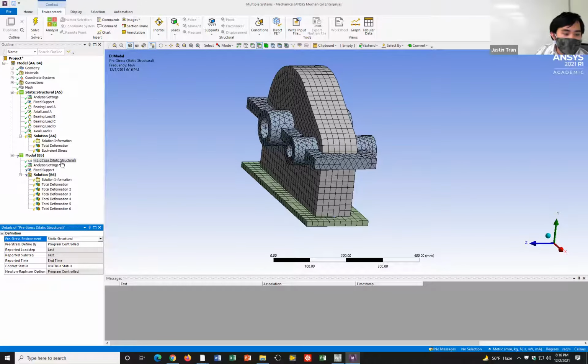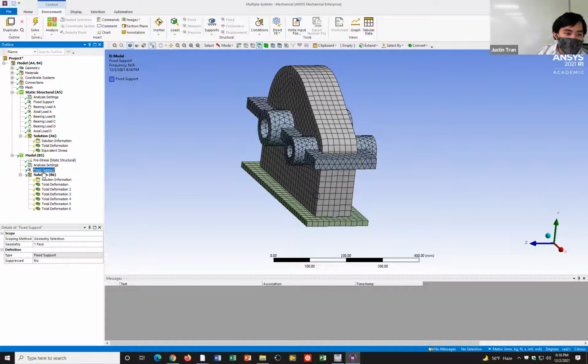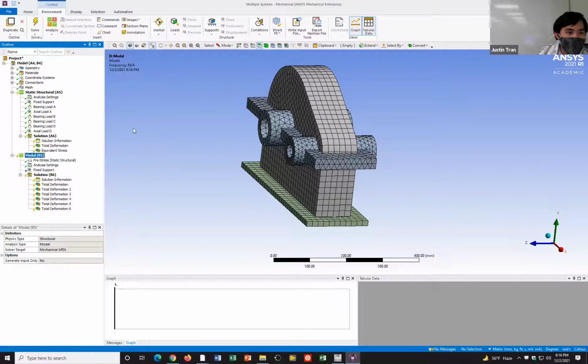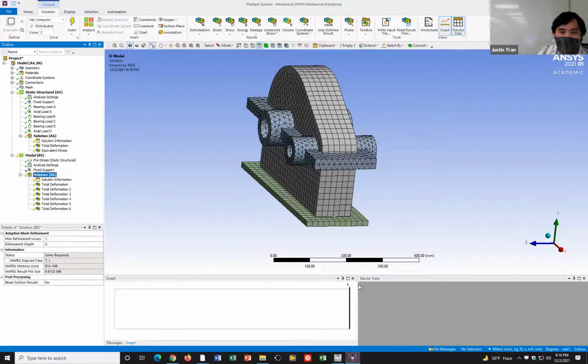After you click on static structural, you can see that our fixed support here is now a question mark. The reason for that is that we have a redundant fixed support, because now it's inheriting the fixed support from static structural. We no longer need this, so we can right click it and click suppress. Unfortunately, this is not going to work for me because this computer is bugged. But if you run this modal analysis again, you'll see that the natural frequencies should increase a little bit as a result of the pre-stress.